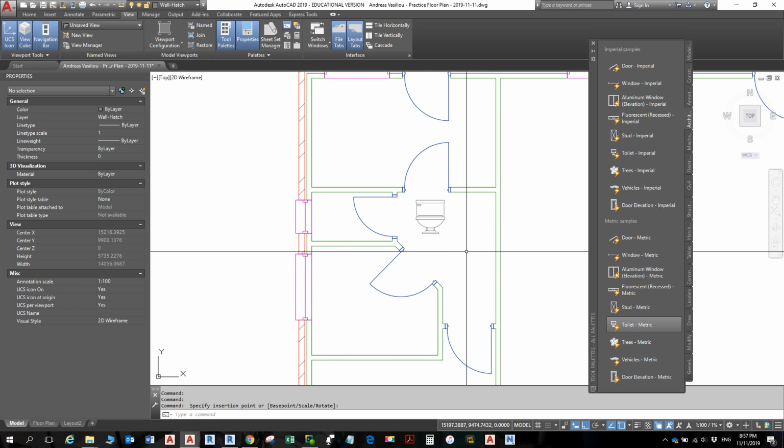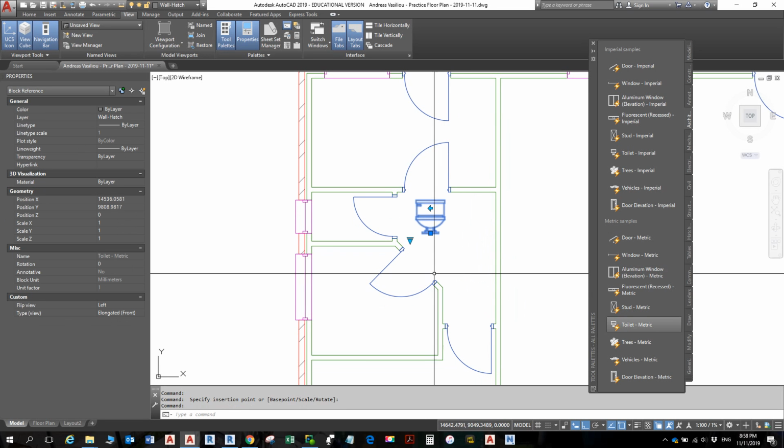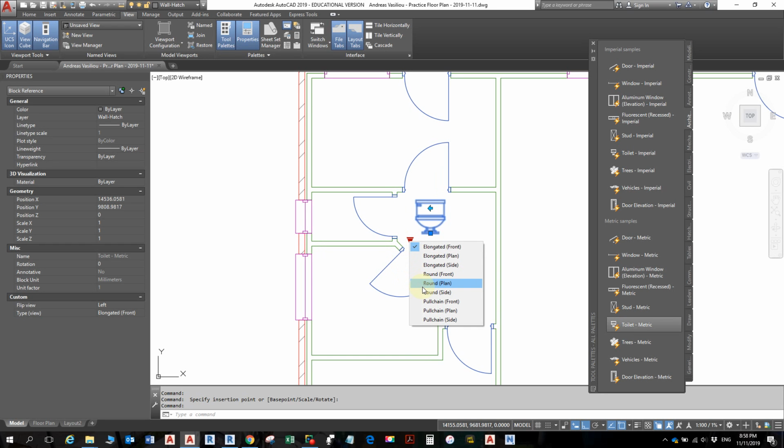Anybody got that? You got it? Done. All right. Everyone got a toilet? Yeah. All right. So now click on this toilet, and there's a little play button down here in the bottom left, and go for